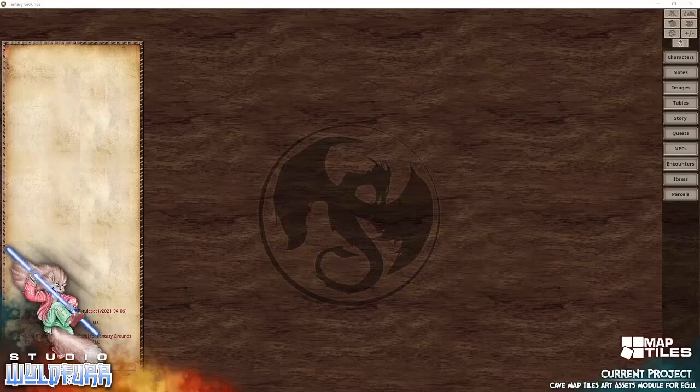I thought I'd take a moment and demo the brand new build of the cave map tiles as an art assets pack for Fantasy Grounds Unity. So here we go. Now if you haven't used an art assets pack in Fantasy Grounds Unity before,